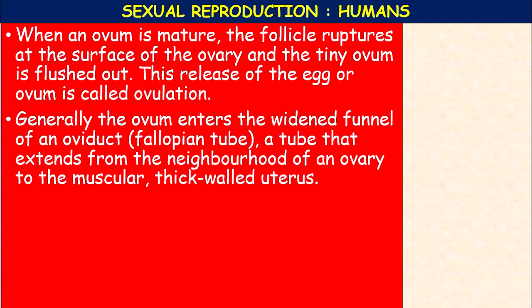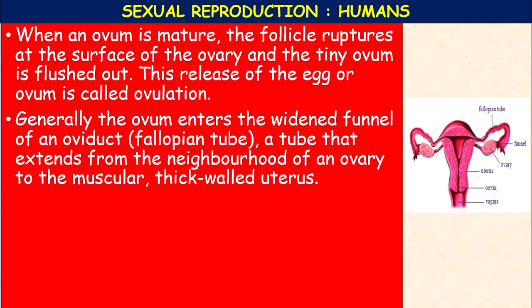The funnel, the oviduct, the fallopian tube, is a tube that extends from the neighborhood of an ovary, thick walled, okay, like this. As the ovary matures, the follicles, that is Graafian follicles, mature. The Graafian follicle releases an ovum by a process called ovulation. As soon as the ovum is released, it enters into the funnel. This is the funnel of the fallopian tube, and it enters into the fallopian tube, and it stays for some time,